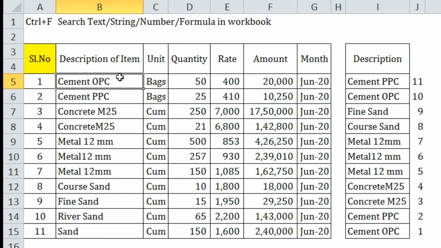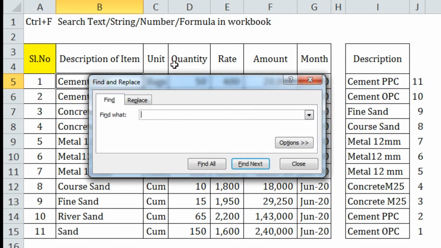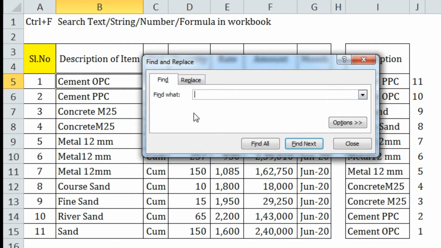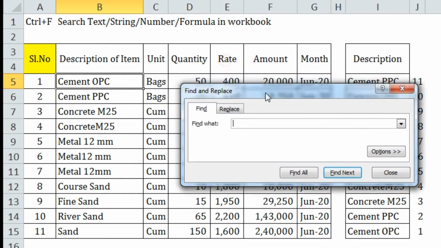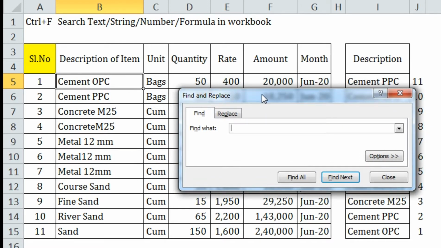Now let us see what a search box is. I'm just pressing Control F here. So this is the pop-up you get the moment we use Control F, or you can also pick the same from your toolbar or ribbon in the Home tab. So Find. It will ask you what to find. Whatever you want to look for, you can simply type in here.